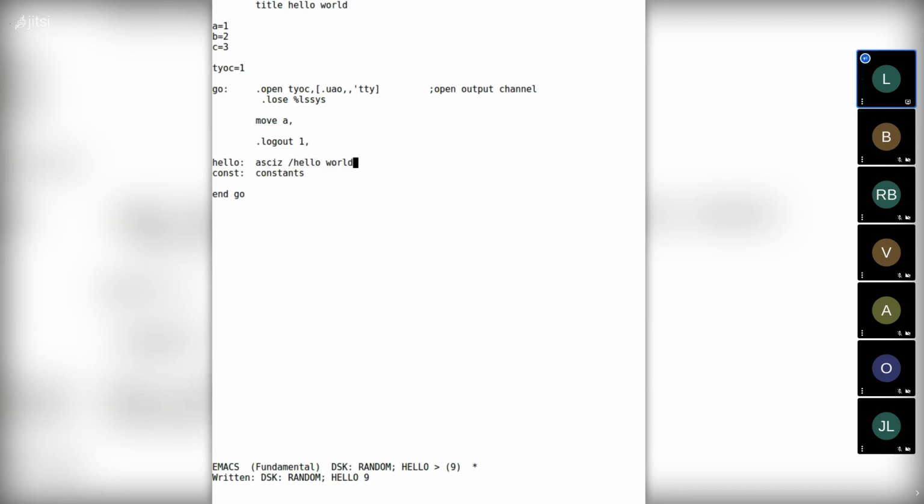Now let's include a line break too. This slash, it could be anything. The first character after ASCII C is the terminator. So we start the string here and end it here. So we're going to need a pointer into the string. And now you should understand that the PDP-10 is a word addressed machine.